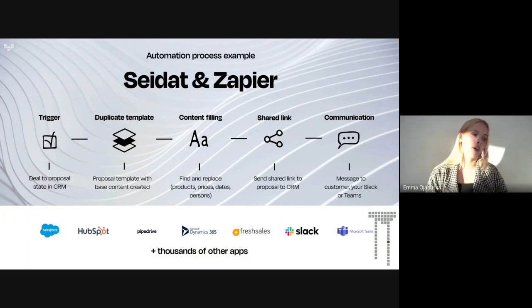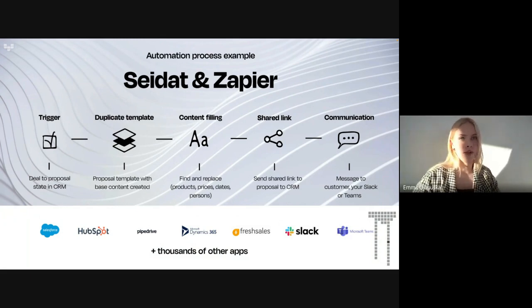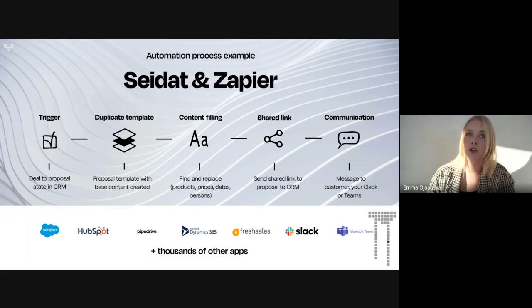Now, that is just an example of how to create automatic proposals with any CRM or any platform. This happens through Zapier. But if you want to make a direct integration, or if the other platform that you are using doesn't support Zapier, we also have an open API, meaning that we can also create custom